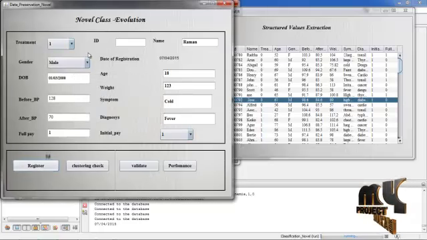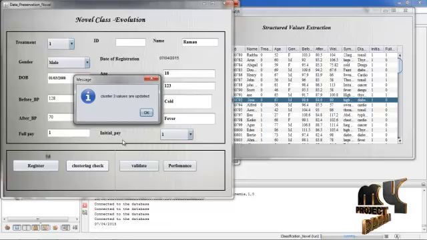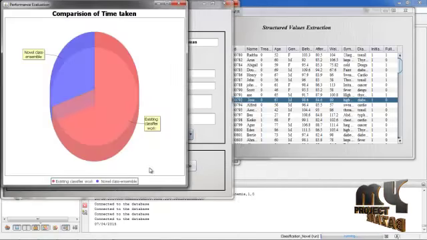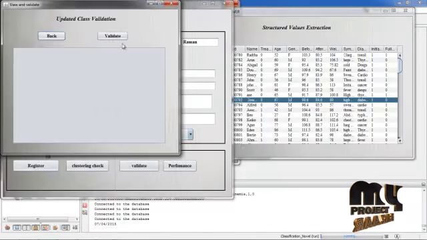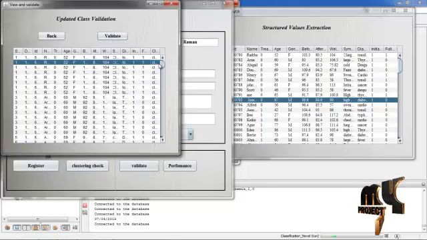Here we will enter the dataset values. Dynamically we will check the cluster element, that is, cluster 3 values are updated because the diagnosis is fever, and then we will validate these elements, whether they have been updated into the database or not.